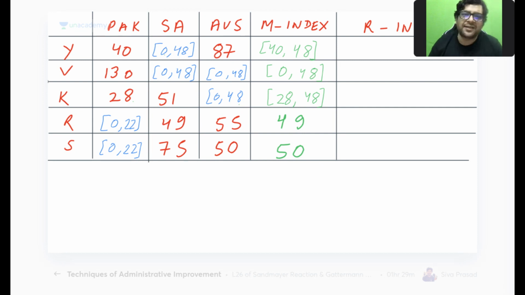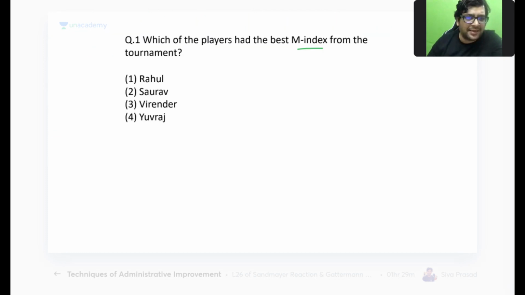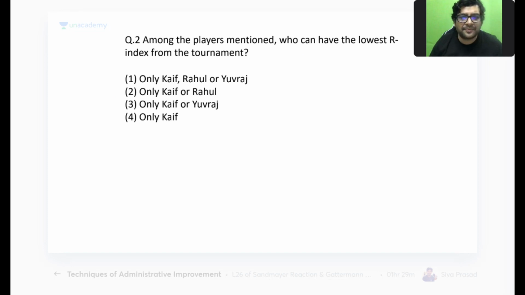And if it could be any of these values, then which one is the biggest? Well, any value between 40 to 48 or 0 to 48 or 28 to 48, Rahul will be bigger than all of them. Saurav will be bigger than all of the others. So the maximum value that we were looking for is in case of Saurav when it is 50. Are you guys okay with this value coming out as 50? Okay, Rahul. Let's look at the next one.